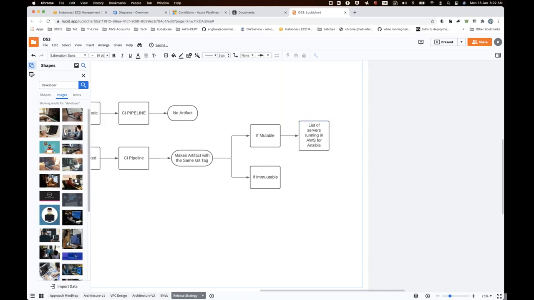So dynamically it's going to get the list of servers and information, and then run the Ansible update script to deploy on those machines. And the change is done. This is what you are going to do.